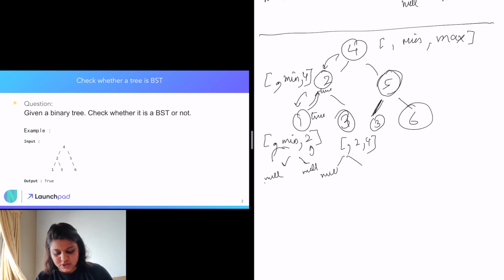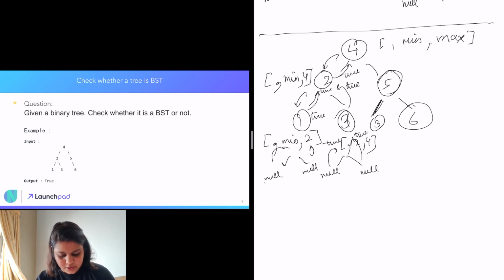So we are going to go to its left subchild, which is null, so it will return true. Then we are going to go to the right subchild, which is also null, so it is going to return true. So now this particular value will return true, and since both the left and the right subtree of the node 2 are binary search trees, and the node also follows the binary search tree restriction, it is going to return true.